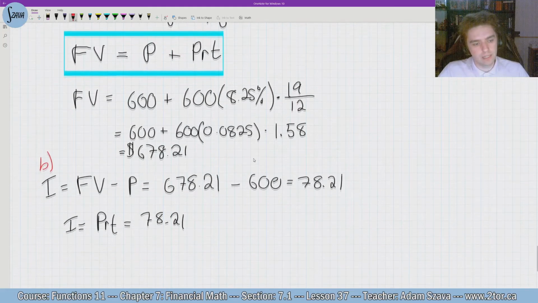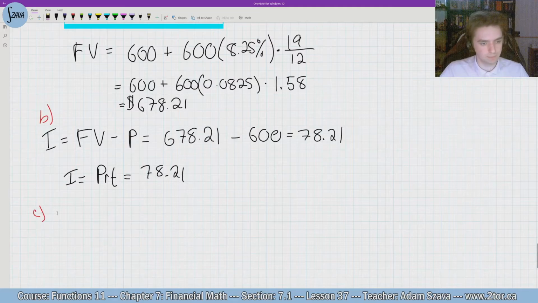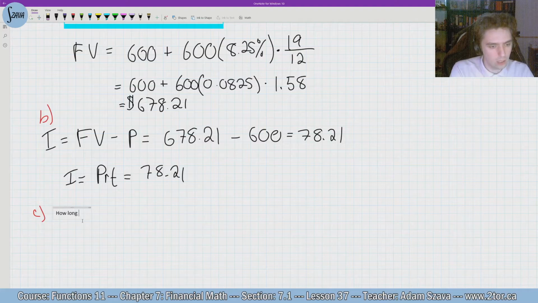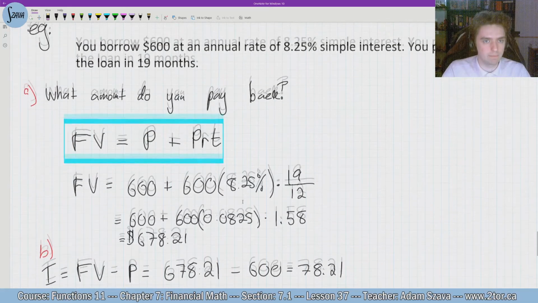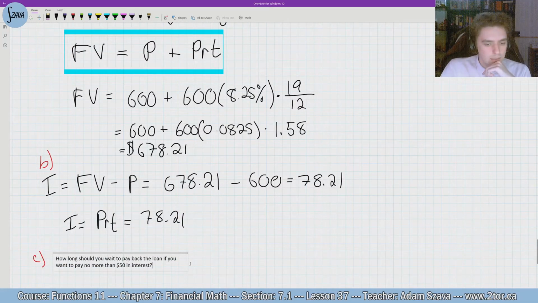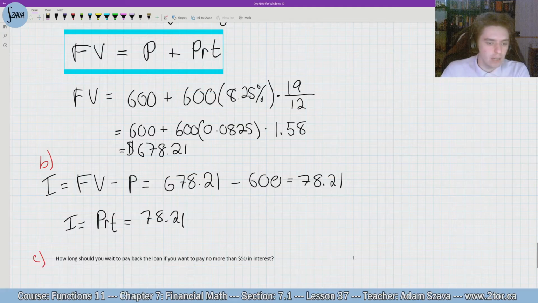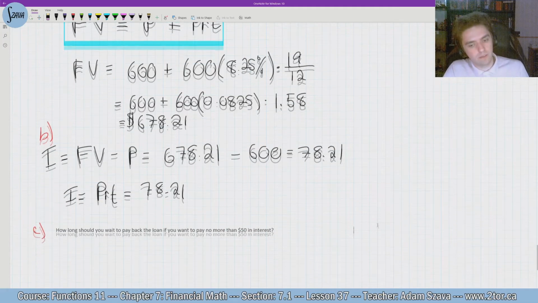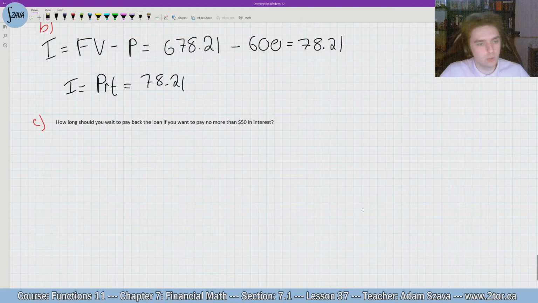Okay, so that's for part A. That's for part B, just find the interest, and then part C is pretty interesting. How long should you wait to pay back the loan if you want to pay no more than $50 in interest? Simple interest, obviously. So this is interesting. It's kind of a different kind of question than we've had so far. So what we're going to do is go directly to our interest